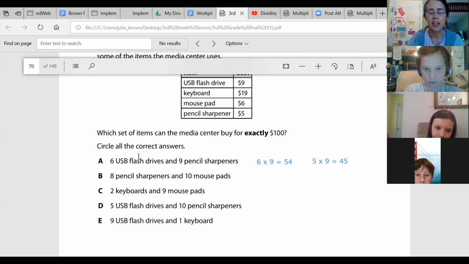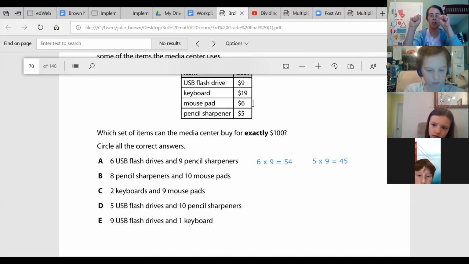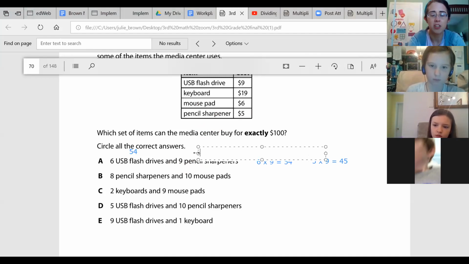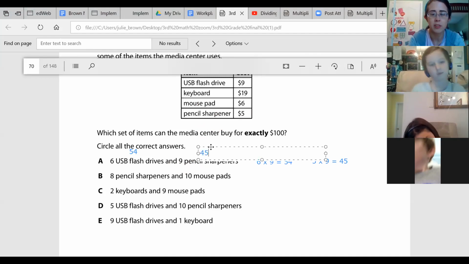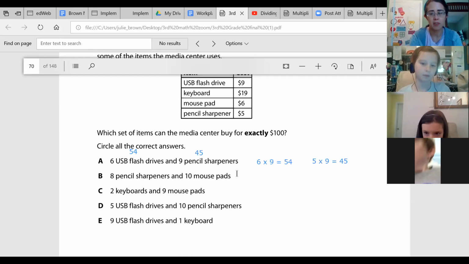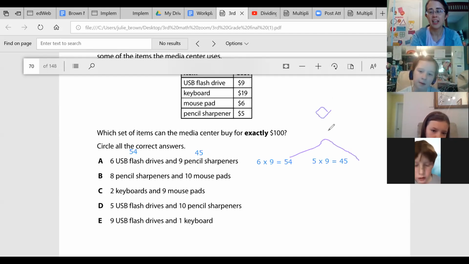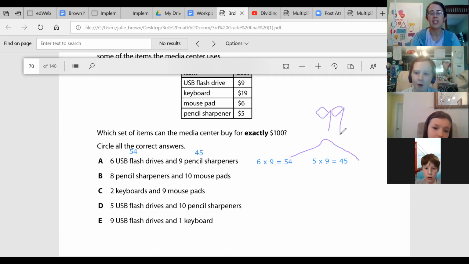Perfect. So now I have 2 separate totals. I've got 54 because that's how much it costs to buy 6 flash drives. And I've got 45 because that's how much it costs to buy the pencil sharpeners. What do I do with these 2 numbers that I've got? Add them together. And unfortunately, it equals 99. So close. So A doesn't count because my answer needs to equal exactly